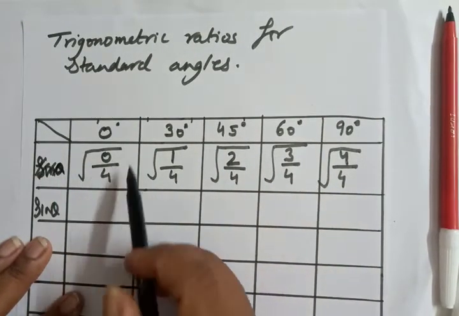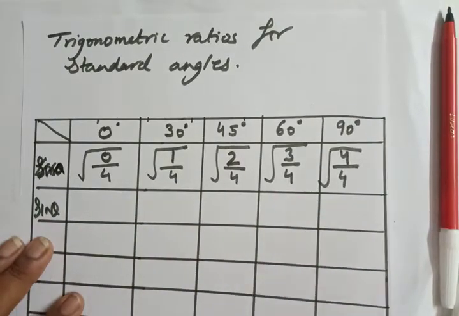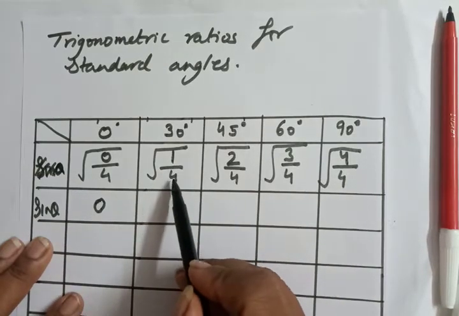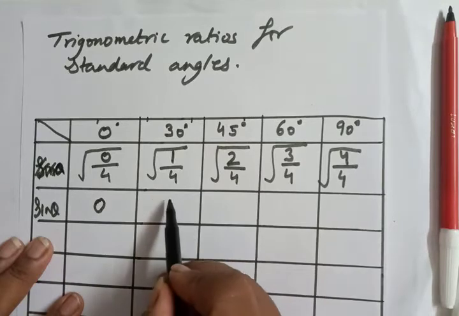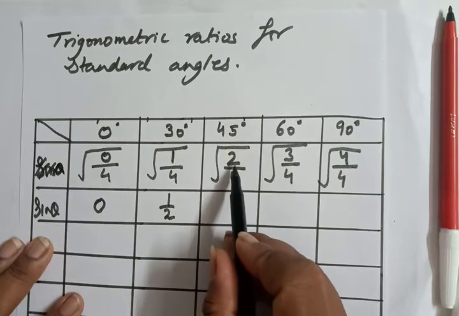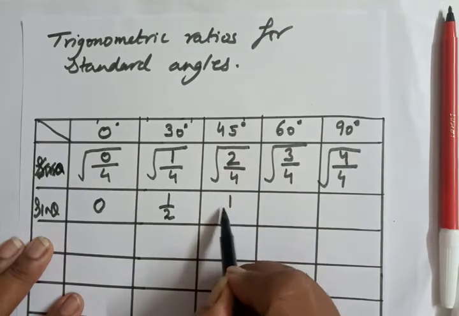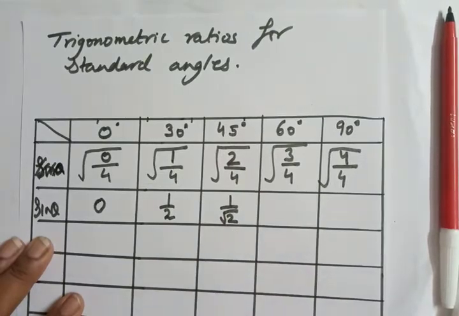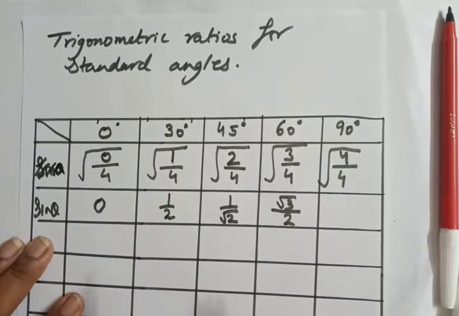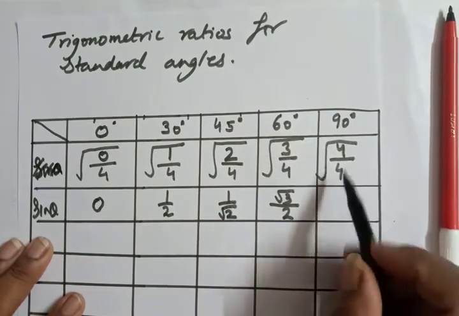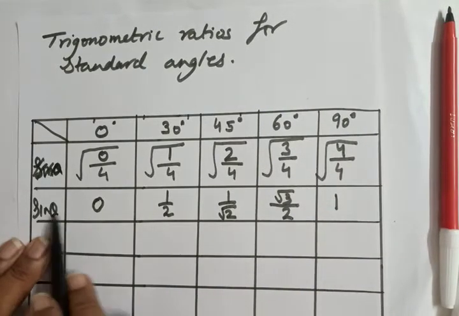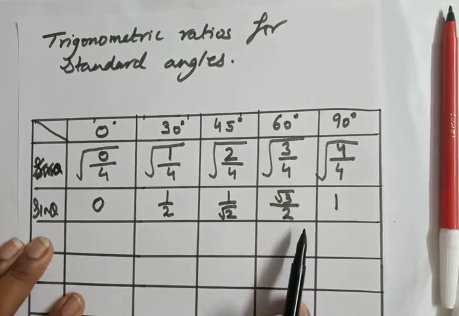Now we have to take out the values. Now 0 means here the 0 will come. If we take out 1 upon 2, 4 is the square of 2, so we will take out 1 upon 2. Here 2 1s are 2, 2 2s are 4, so 1 upon root 2. Now here root 3 and 2 will come out from this, and 1 will be left here, 4 1s are 4, so here 1. So we get to know that these are the standard values